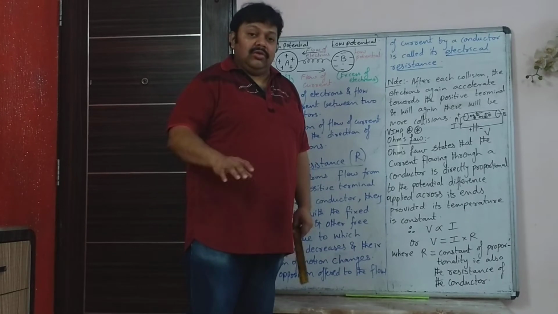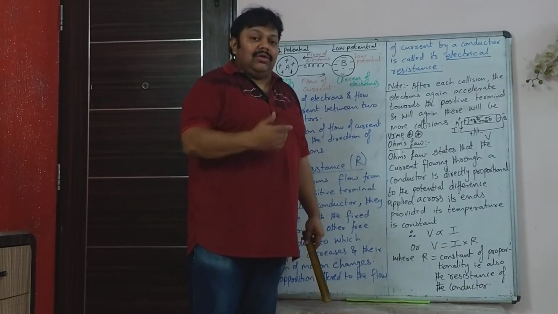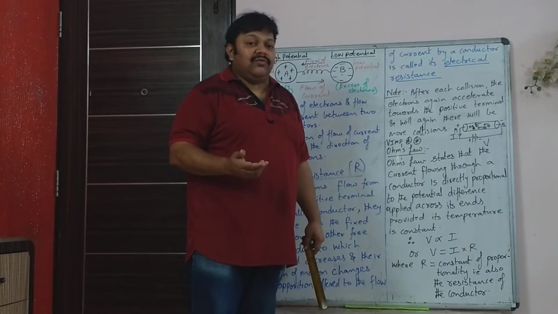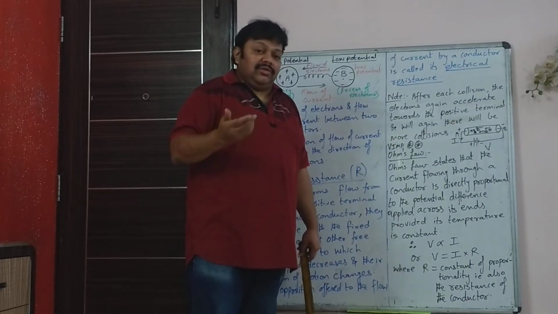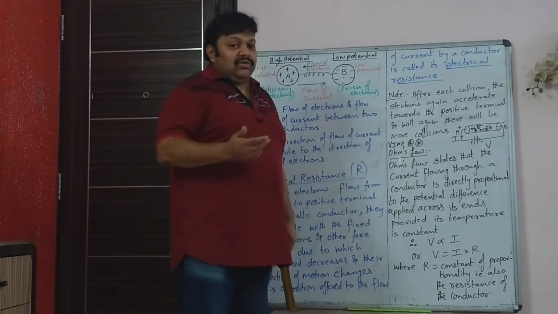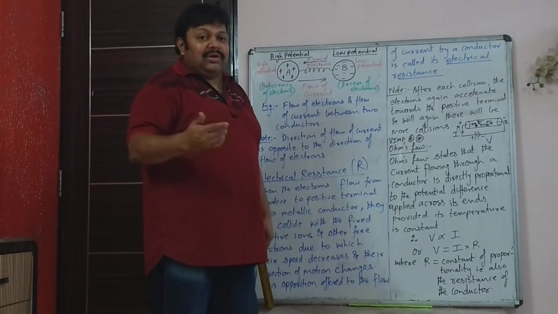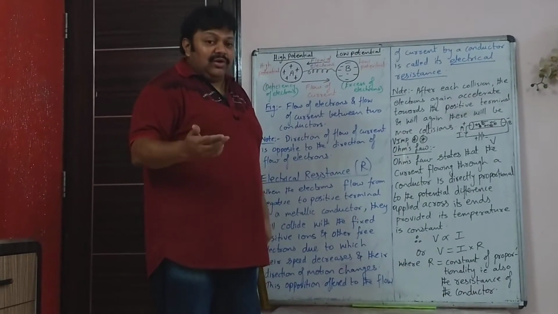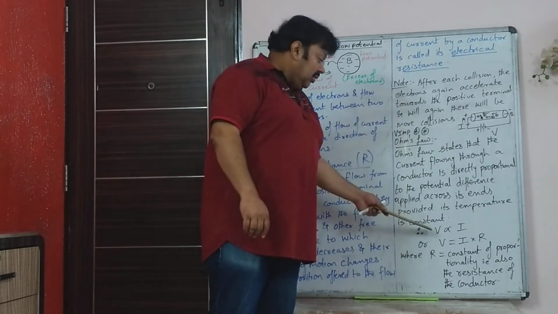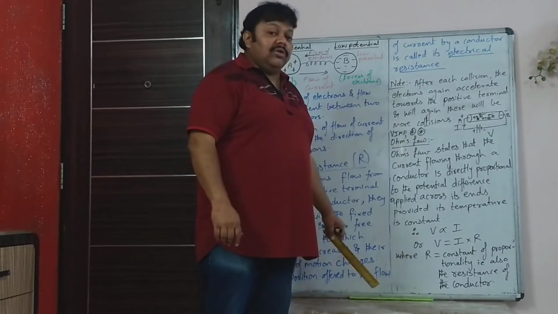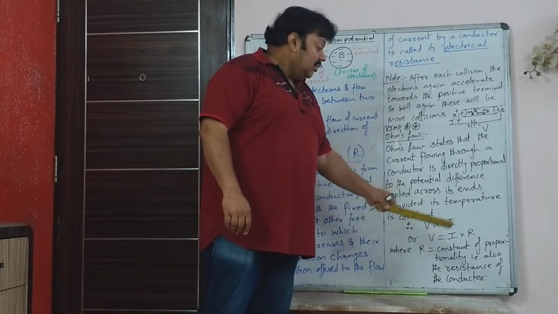Is it velocity? No. In current electricity, when you see capital V, it is potential difference. In laws of motion, when you see small v, that is final velocity. So these are two different things. The same alphabets can be used to convey different meanings of different units in different topics. So capital V is directly proportional to I. So V is equal to I into R.